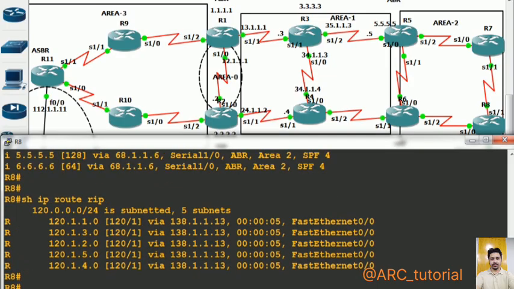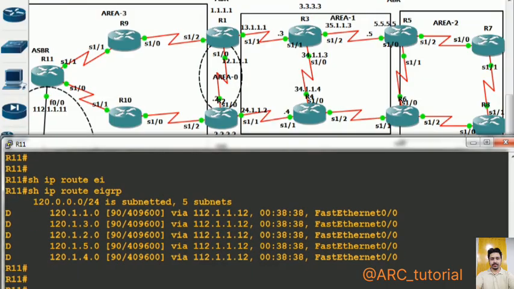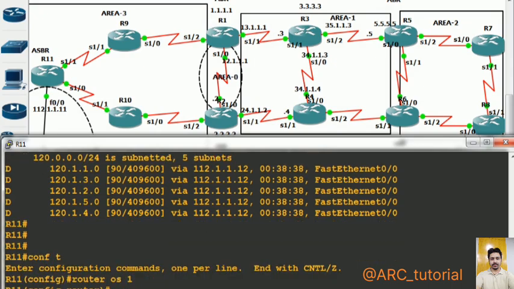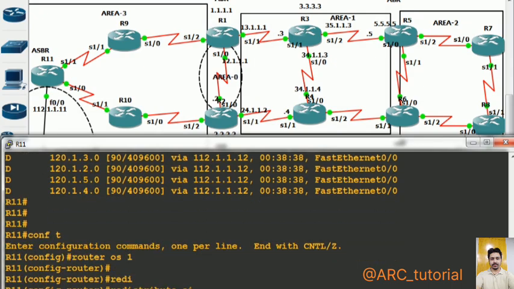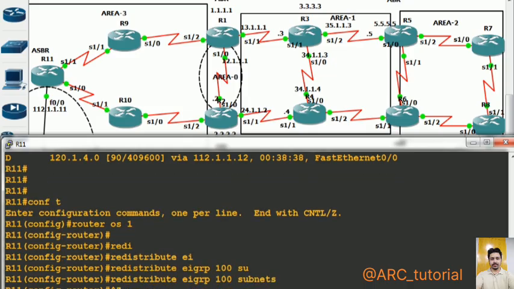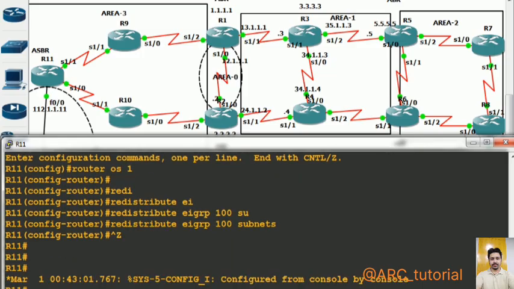Now I have to redistribute them into OSPF on both routers. Fine. Let's start it. On R11, redistribute EIGRP autonomous system subnet. Fine. And by default, they will go as E2, external type 2. Let me show you. If you have redistributed anything into OSPF, and if you want to confirm whether redistribution was done successfully or not,